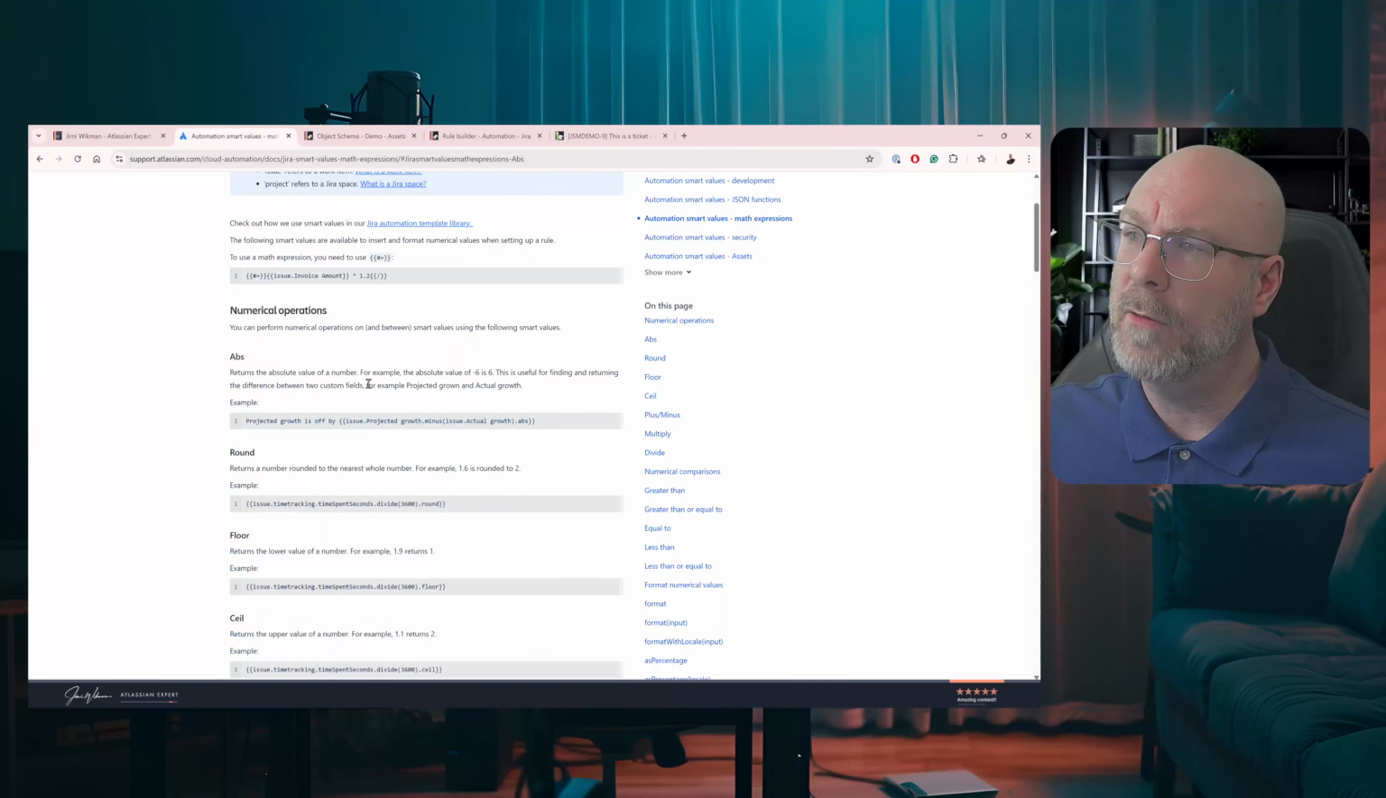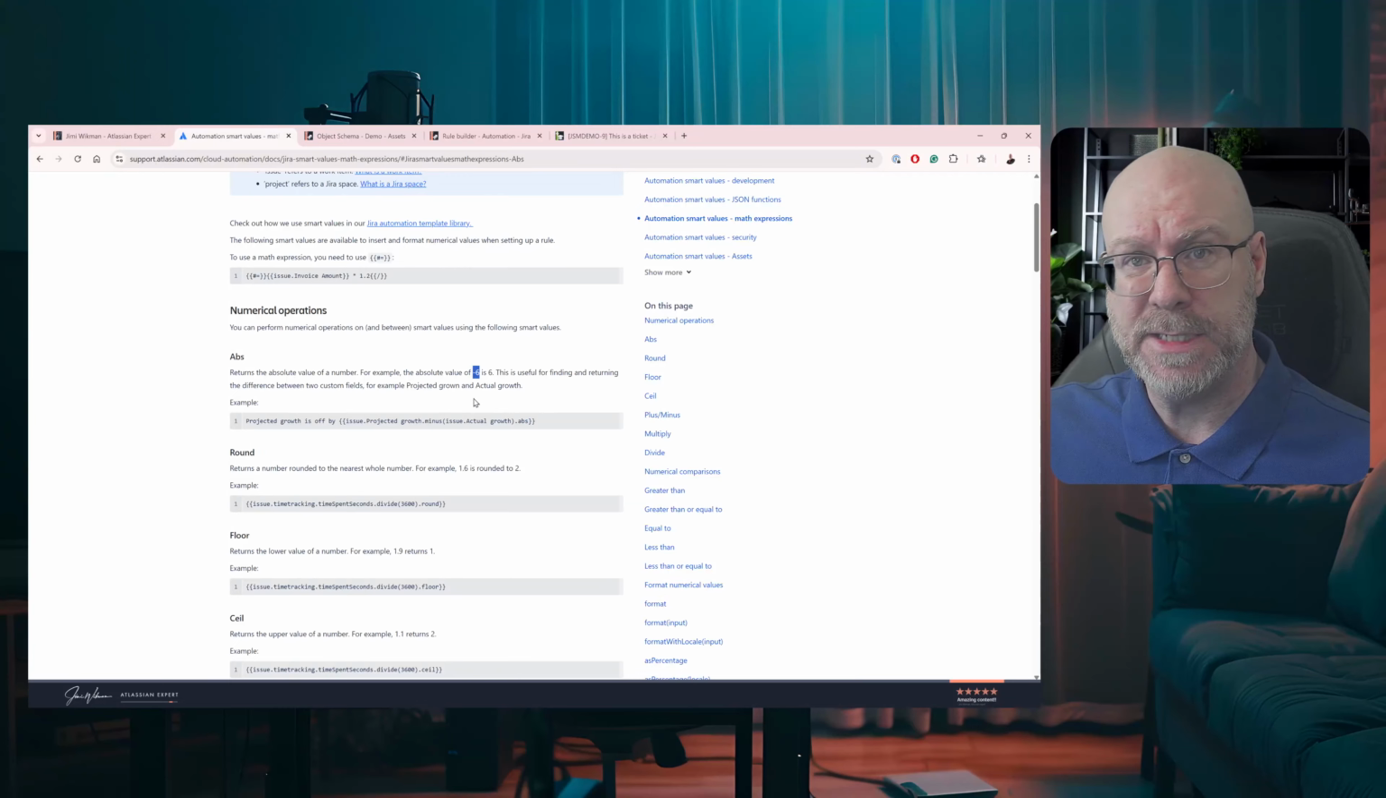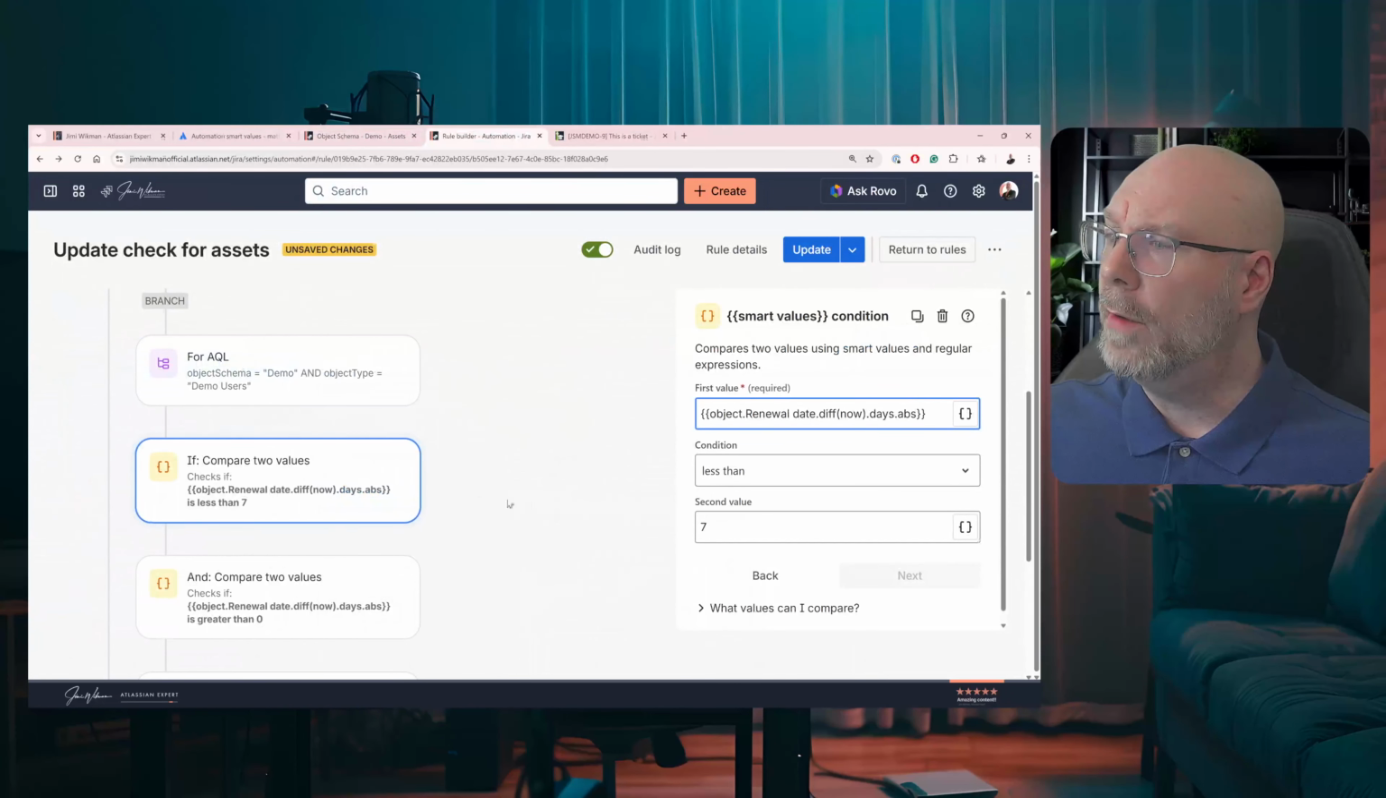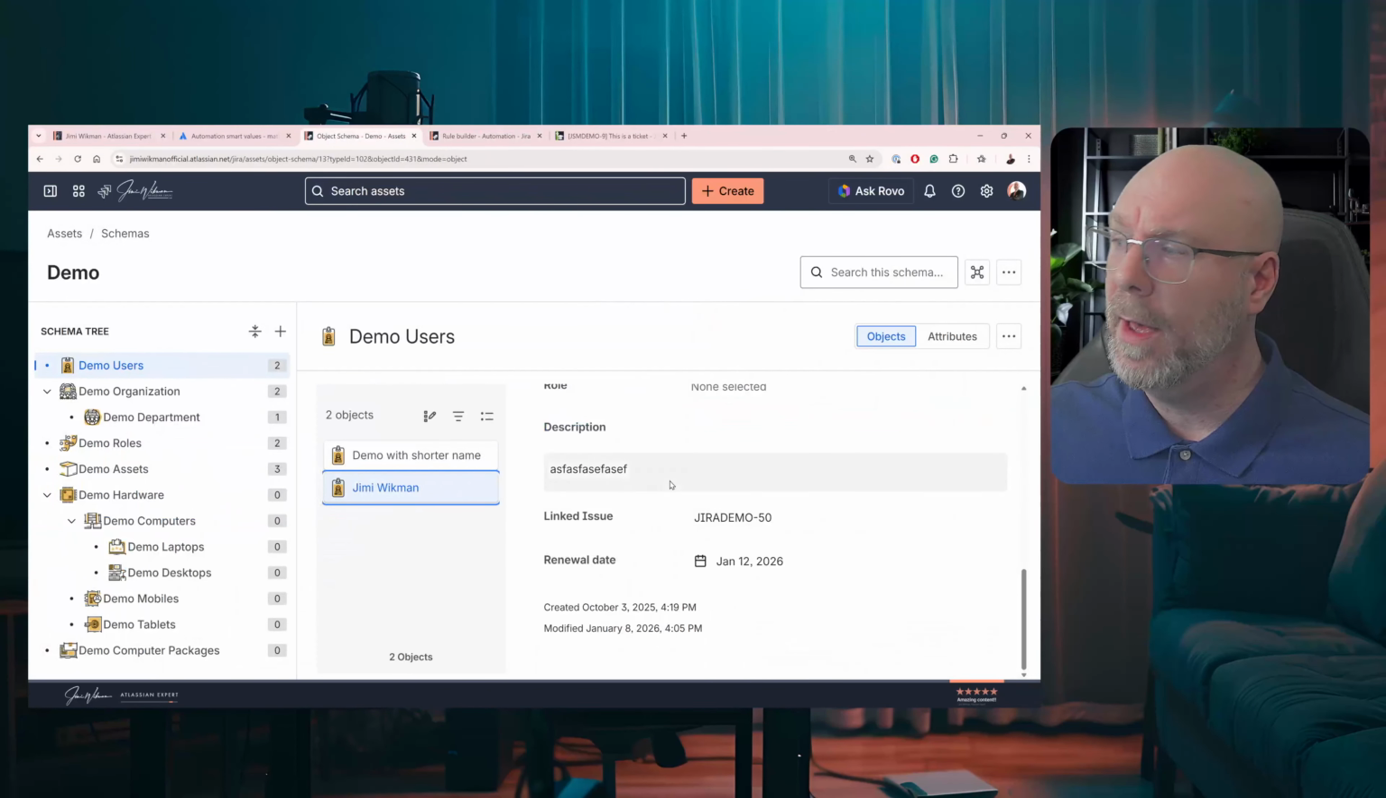the automation smart values here, the ABS attribute that you add to this one will actually give you the absolute value. So -6, the absolute value of that one is 6. So it basically removes the minus in front of it. And that makes it, for me, easier to read, and I can also present it in the email a little bit easier. So what we're doing here then, we're saying that if the object renewal date, the value that you have here,